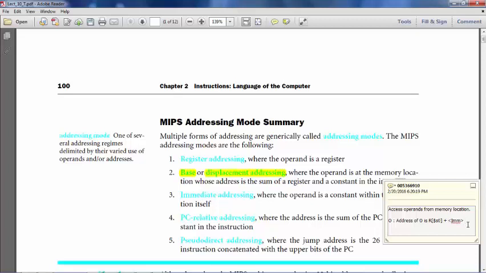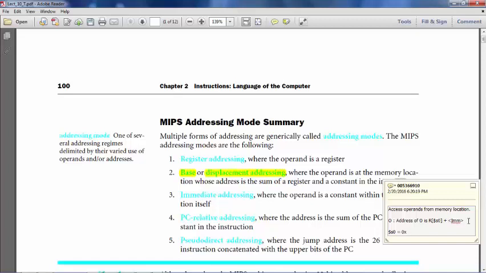That means this type of displacement addressing involves I-type instructions. If we recall, one part of the I-type instruction is the immediate. Let's say the content of S0 was something like this: